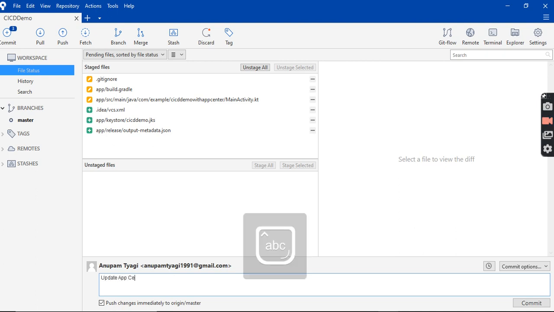The commit message is: update App Center configuration code in my master branch. As you know, if we check push changes immediately to origin master with commit, and I click on commit, it will make a local commit and immediately push our code onto the server.